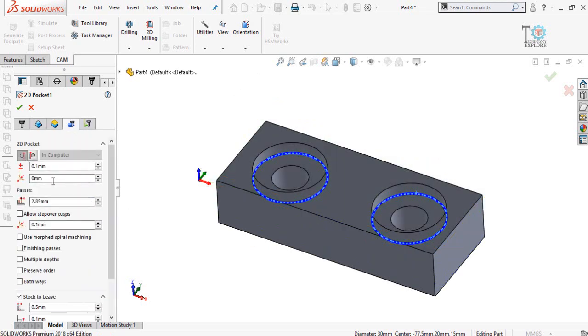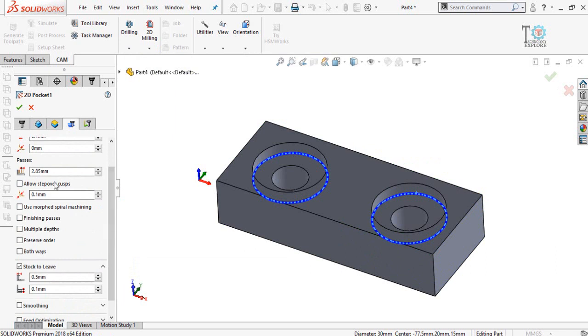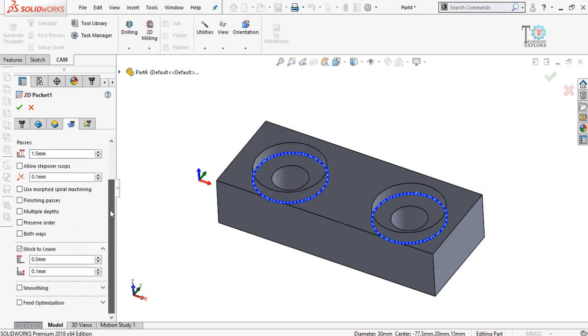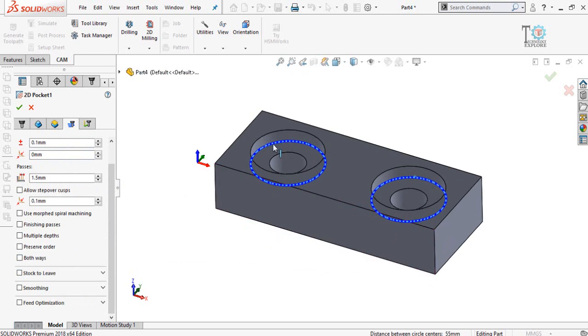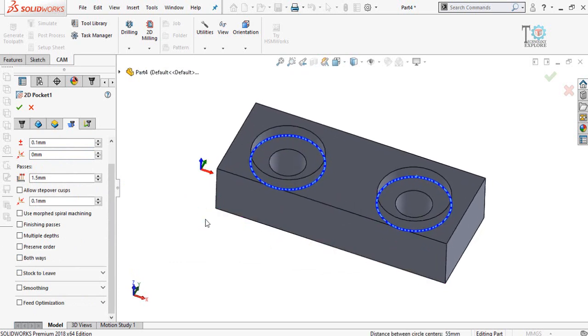Then for passes, first of all the tolerance, and then step over 1.5 millimeter, scroll down and stock to leave. So I'm going to uncheck this option. I want these dimensions precisely.